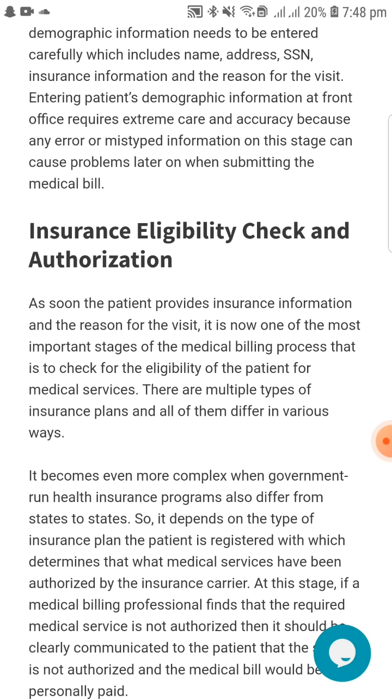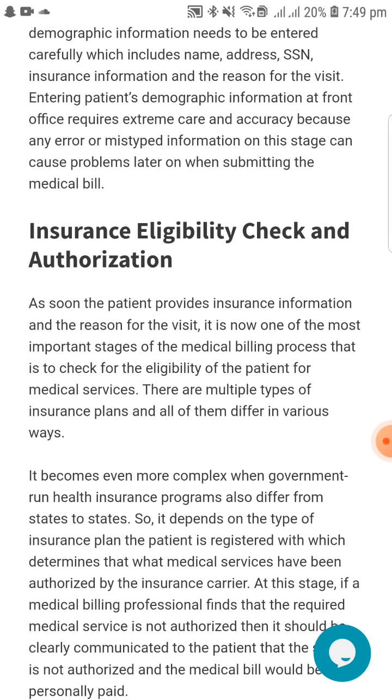There are multiple types of insurance plans, and all of them differ in various ways. It becomes even more complex when government-run health insurance programs also differ from state to state, so it depends on the type of insurance plan the patient is registered with, which determines what medical services have been authorized